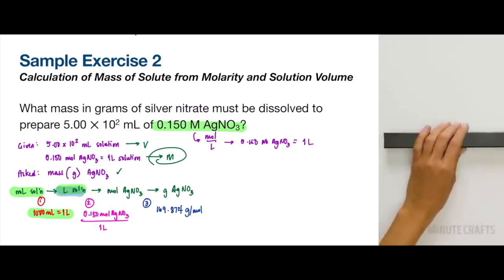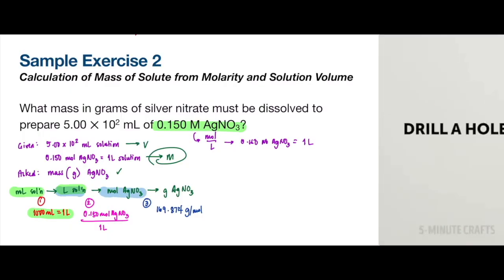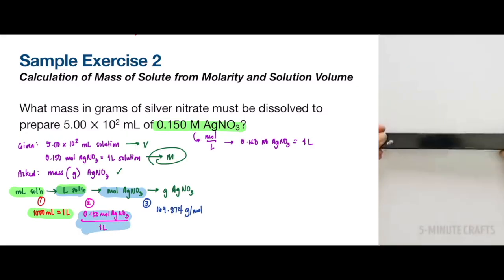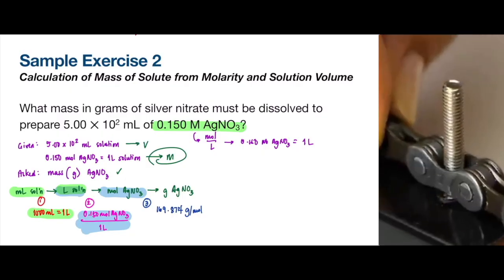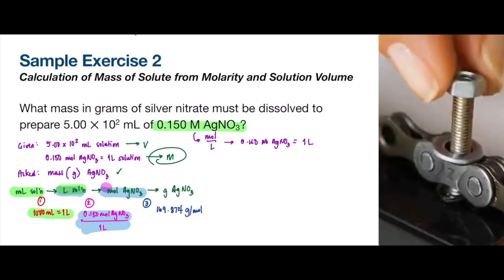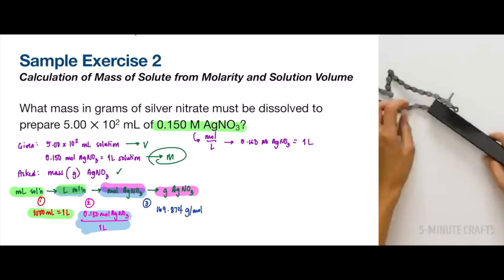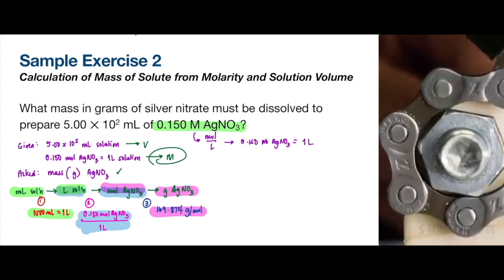And to convert liters of solution to moles of AgNO3, we will use the molarity as our conversion factor, which is 0.150 moles of AgNO3 per 1 liter of solution. And lastly, to convert moles of AgNO3 to grams of AgNO3, our conversion factor will be the molar mass of AgNO3, which is